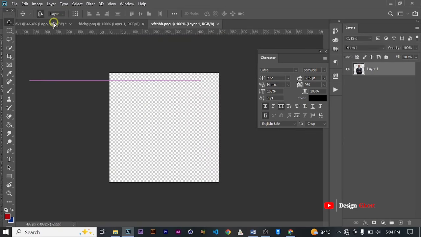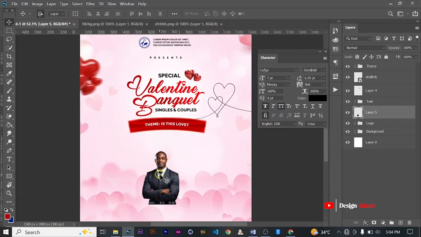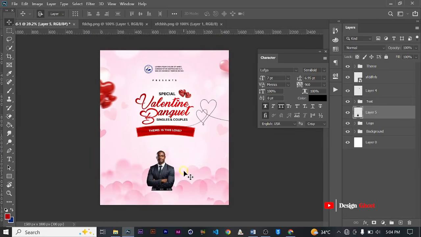Of course, you are not expecting me to use my client's picture, so you see why I normally change the resolution of the images I use. So you see, when I didn't change it and I just brought it in, it is very small. So now when I begin to scale it up, then it will begin to pixelate. Alright, so we'll delete that,